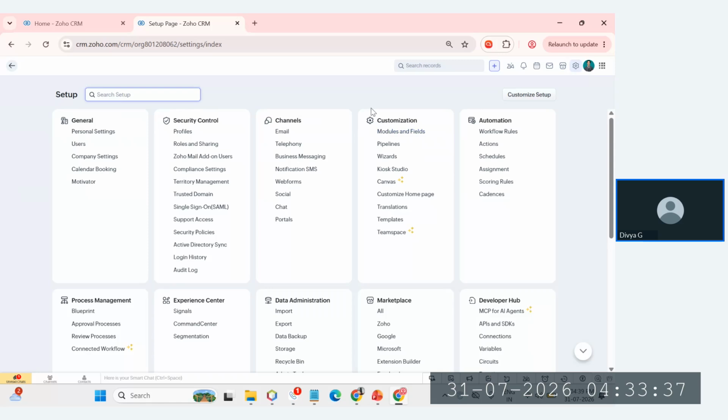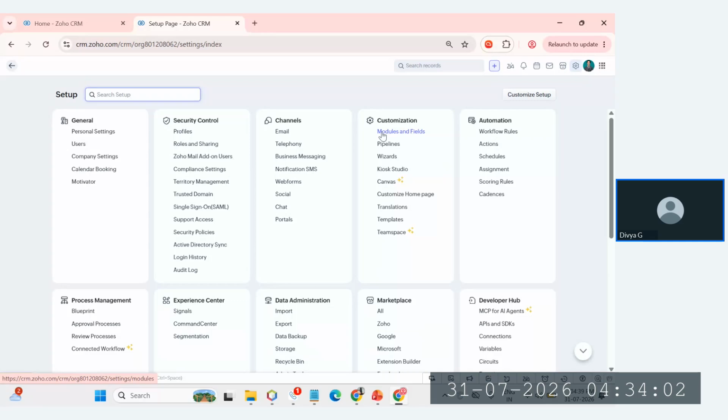Now the next one is customization. As I said, there was one question about whether it is possible to make the last field unmandatory. So far the support has not given support for that. So what can we do?